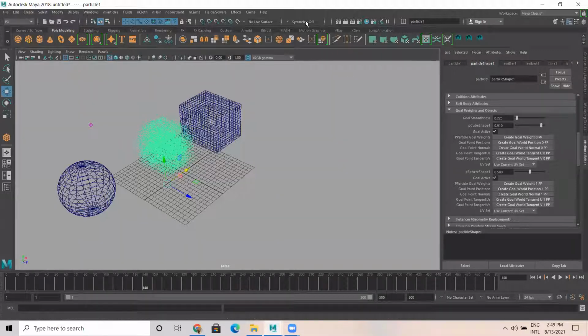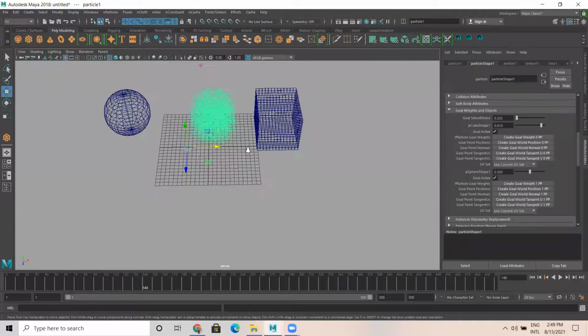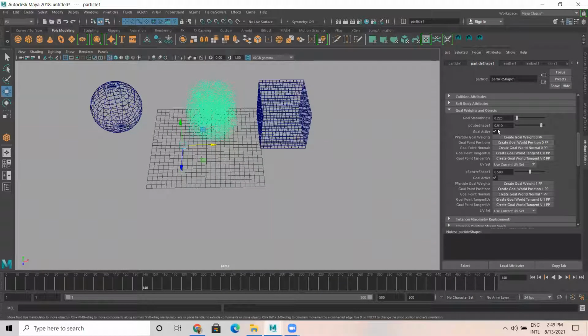If you notice here, the particles are getting a bit closer to the polycube because I have increased the polycube stickiness a bit more, meaning I want the particle to stick to the cube. So if this is 1 and this is 0, the polysphere is this one, the polycube is this one.